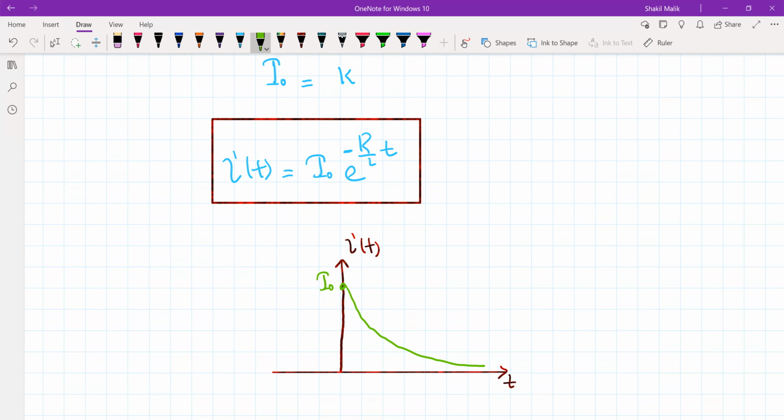And this gives us the discharging concept of this inductor. So we assumed that initially the inductor was charged to some current value, and as we disconnect it from the source, the inductor current drops like this. Now, how fast will it drop, how fast will be this rate? It is decided by R and L. Remember, we'll learn that in the next class in the concept of time constants.